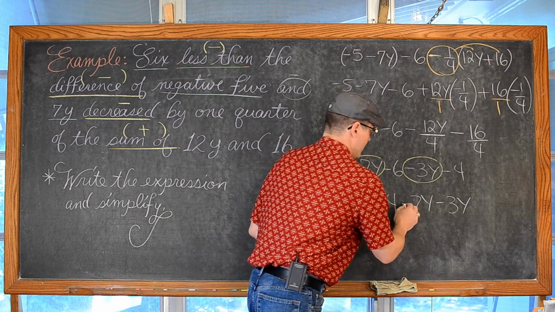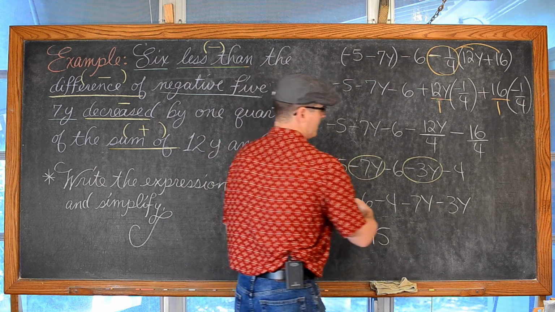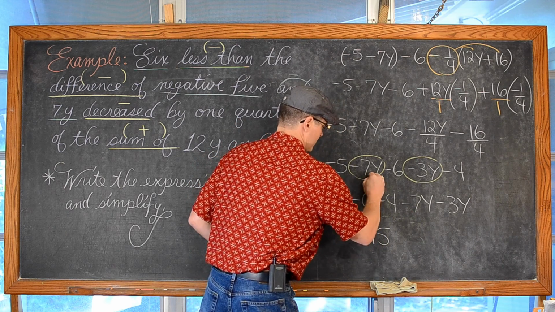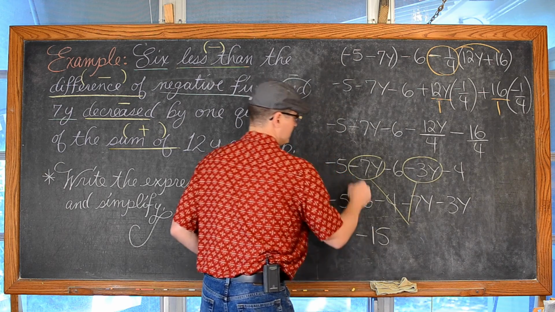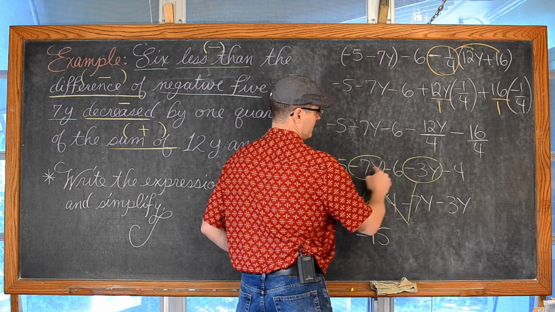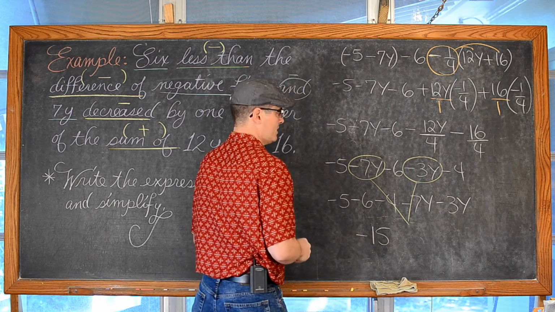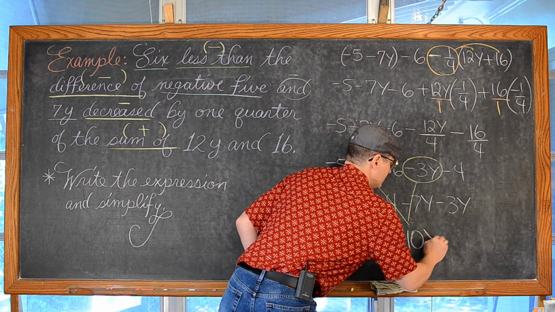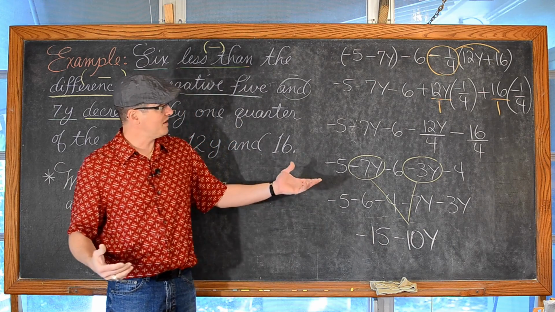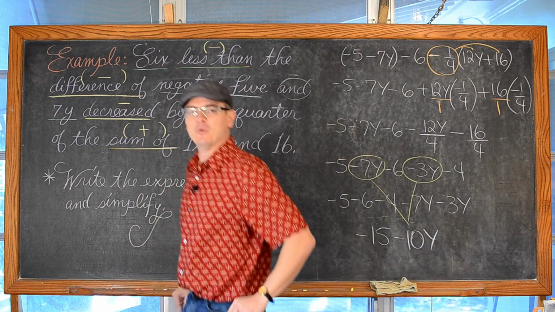And here again, in class I wouldn't write this too many times, I would just sort of do this where it's like, hey, we're bringing these like terms together. Negative 7 minus 3, or negative 7 plus negative 3. Negative 7 minus 3 is negative 10y. Let me just check my answer. It looks good. Thank you for sticking with me. Got one more example. Woo!